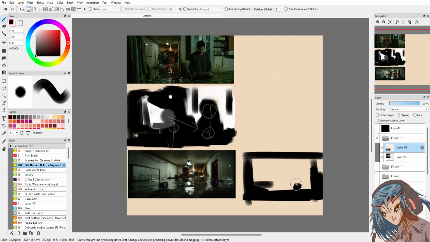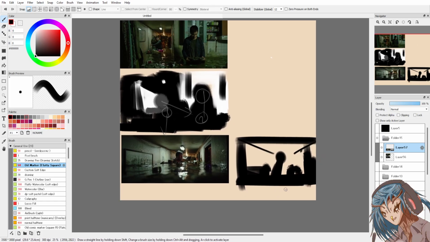Shadow shapes, we can just do shadow shapes. Silhouette. We have leading lines. Going back. It's framed in the center. Characters framed in the center. I see reflection.